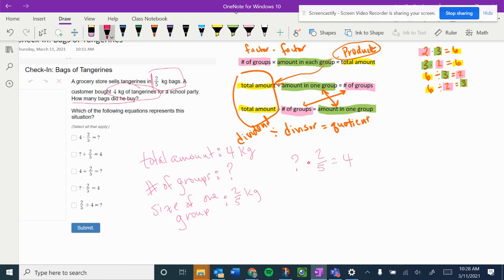And that would equal 4. Or I could switch it around and do a division equation: 4 divided by 2/5, because 4 is the total amount. I've got 4 kilograms, and there's 2/5 of a kilogram in each bag. You could also do this other division equation. It's not as helpful,